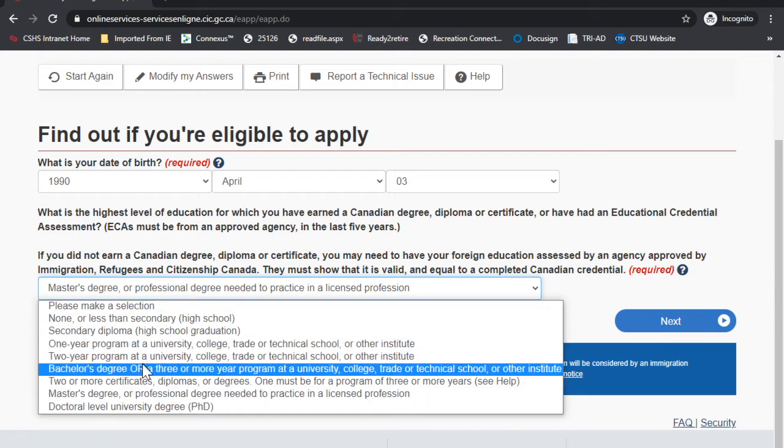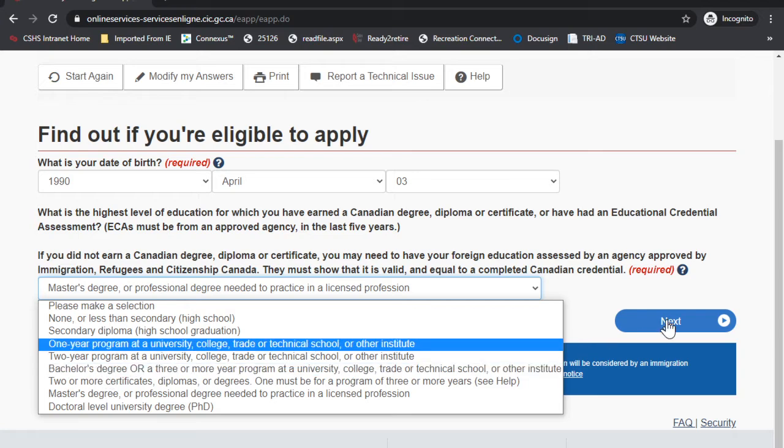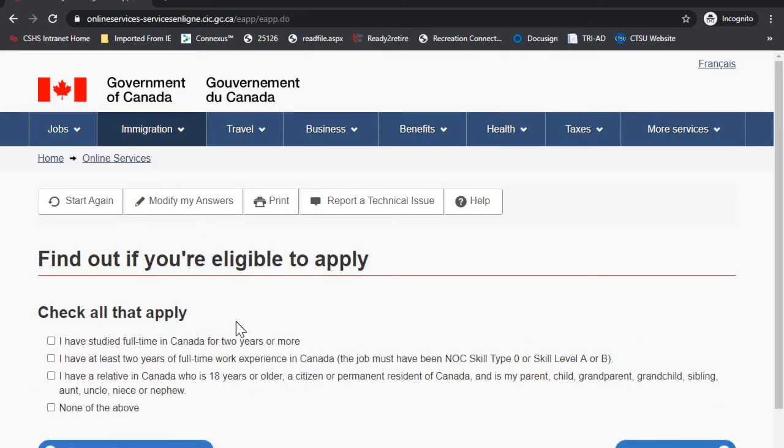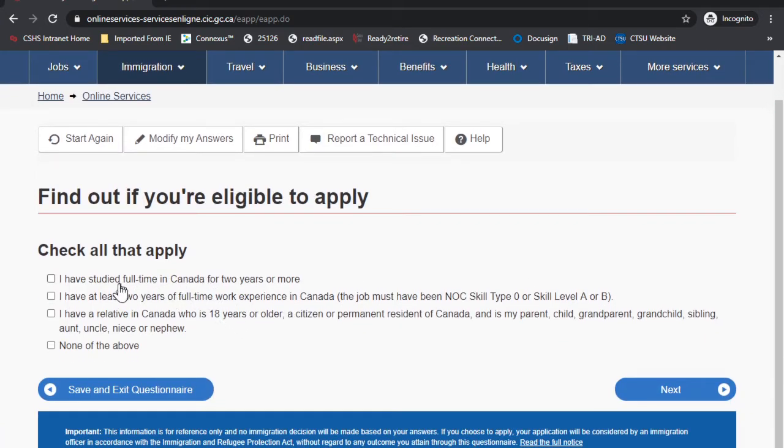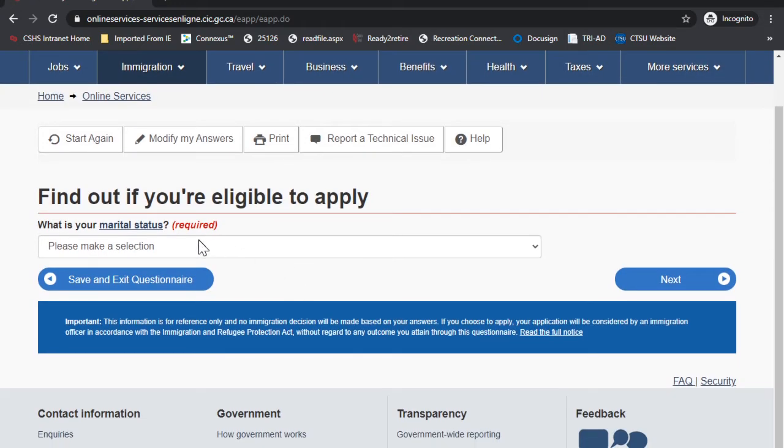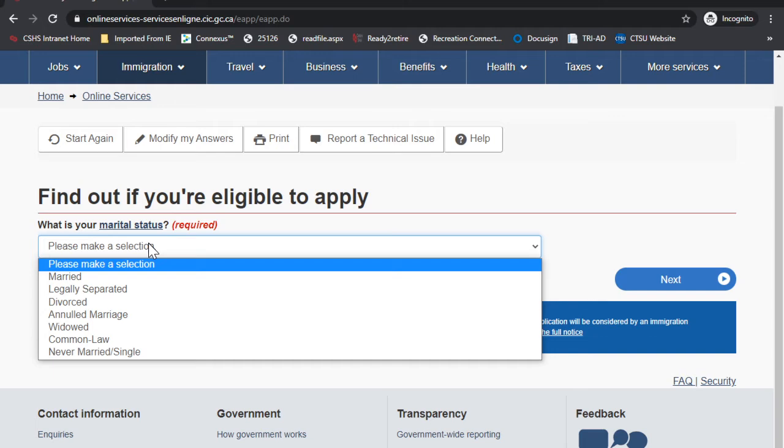If your ECA says that it is equivalent to a Canadian bachelor degree, then select bachelor degree. Now here it's asking if you have studied full-time in Canada for 2 years or more, or if you have 2 years of work experience in Canada, or if you have relatives in Canada. If none applies to you, then select none. Click next. It's asking about your marital status, so select accordingly.